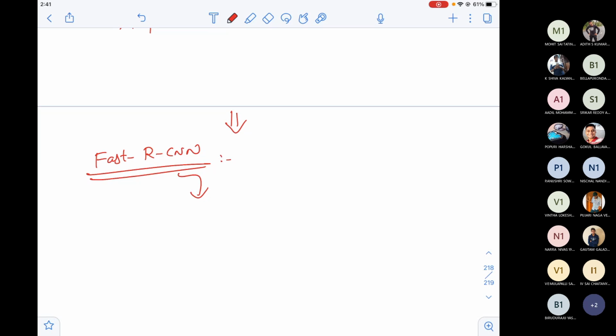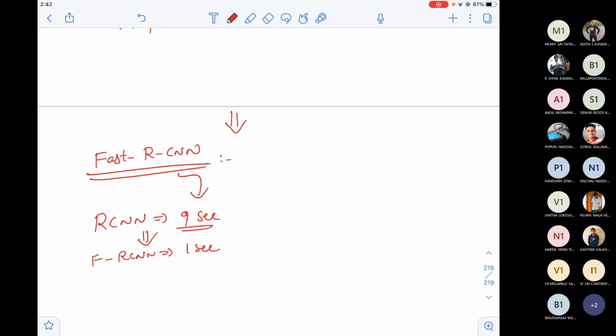If RCNN takes, assume, just 9 seconds to do the classification and give the coordinates, Fast RCNN gives it in 1 second.